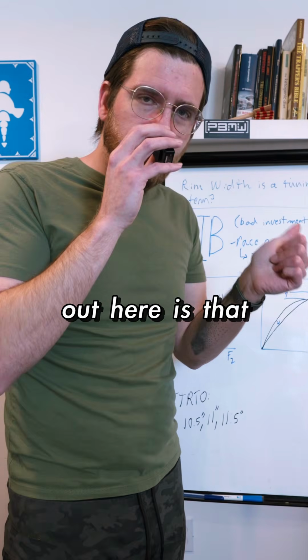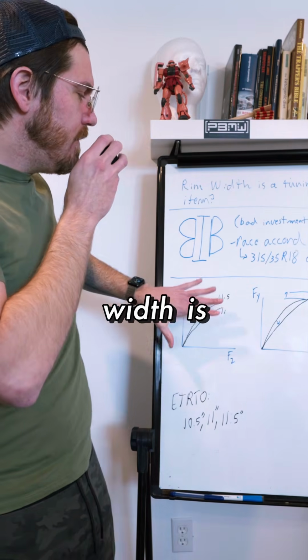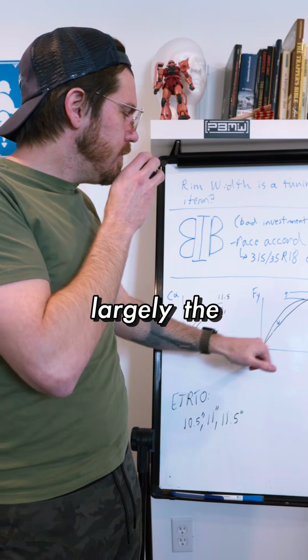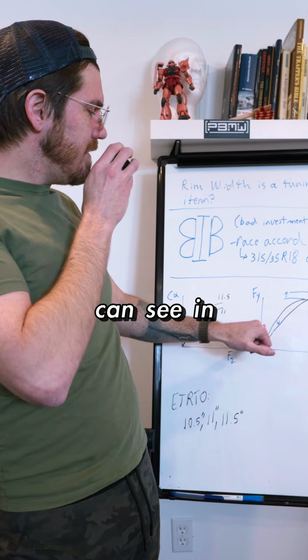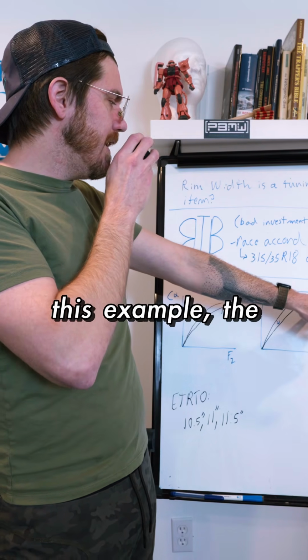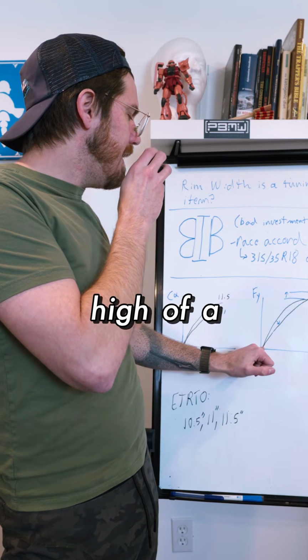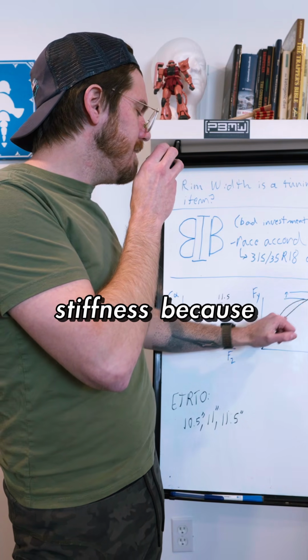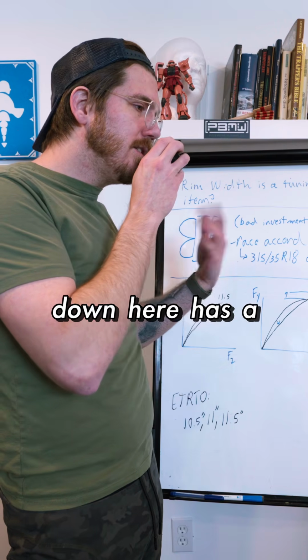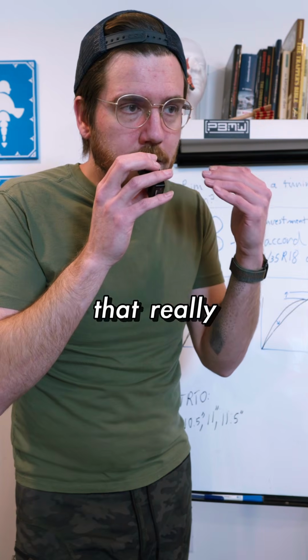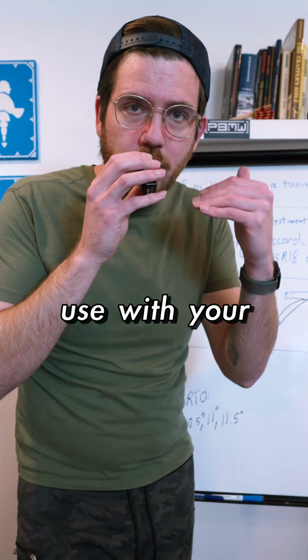What I'm pointing out here is that what the rim width is affecting is largely the cornering stiffness. And we can see in this case, even though with this example the 11-inch rim maybe has more ultimate grip, it does not have as high of a cornering stiffness because this linear portion down here has a lower slope. And so all this really drives home is that the rim width that you use with your tire